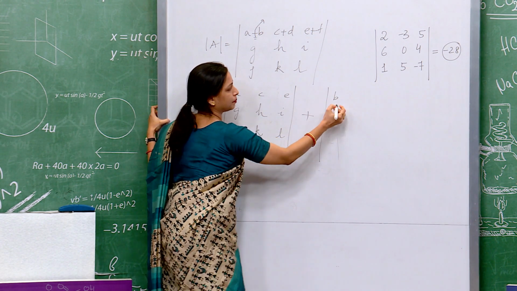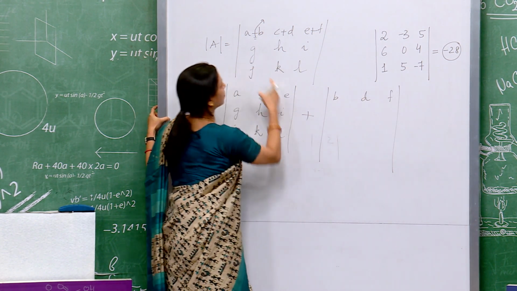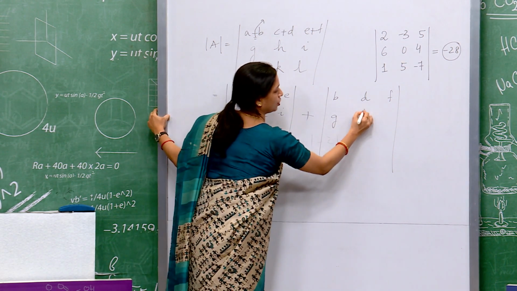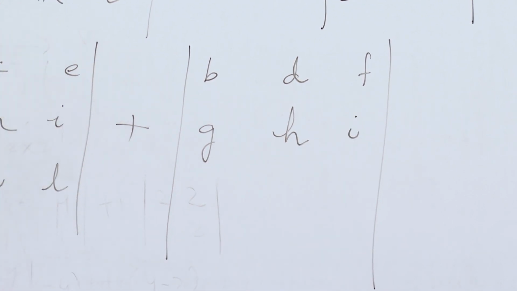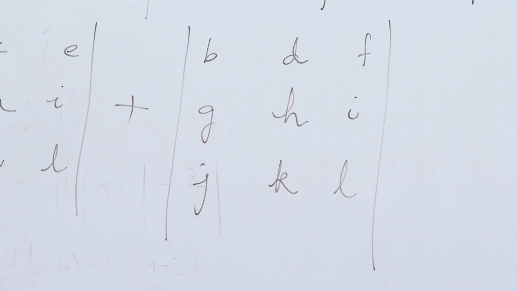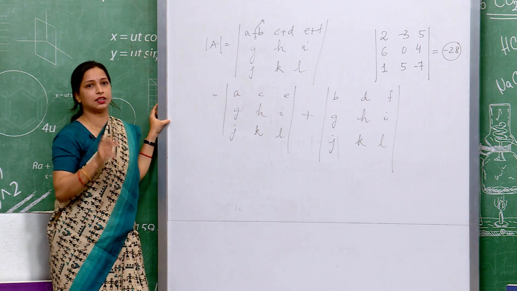So, B, D, F, again the remaining elements remaining the same, G, H, I and J, K, L, right. So, here we have split the single determinant into